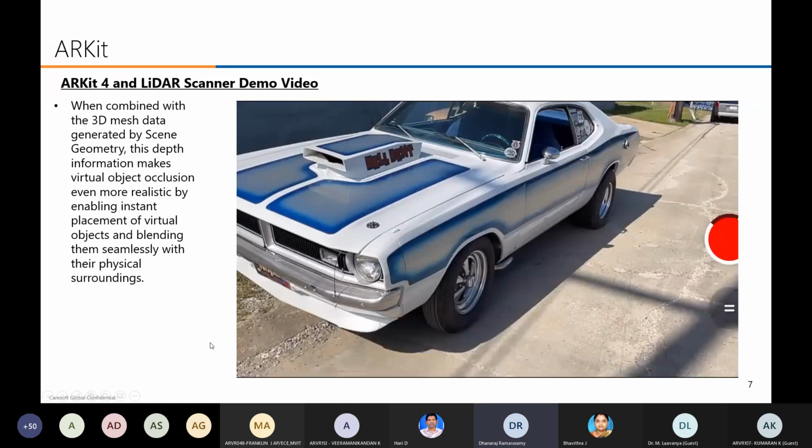This is a new technology. I think most of you don't know about this technology. It's a very new technology. I hope you can understand the difference between basic AR application and a LiDAR scanner. Let me show you a LiDAR scanner sample. Once you have watched the video, let me explain one more time about this demo. Please watch this video.